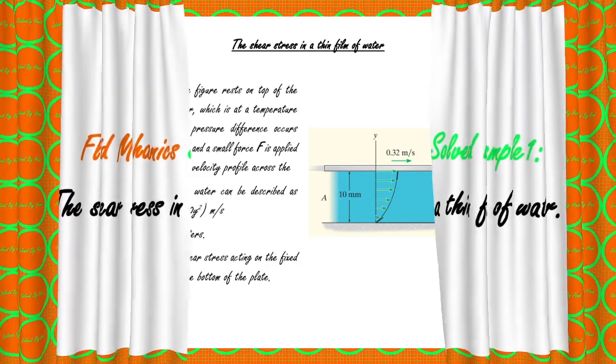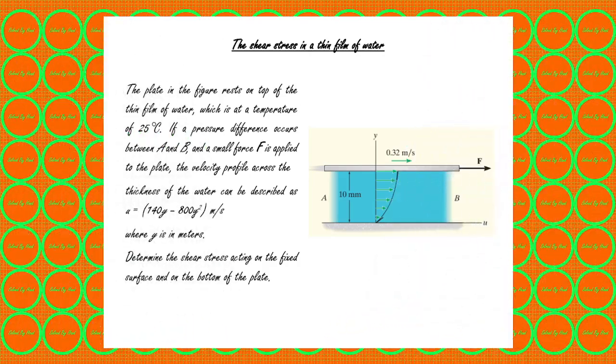So this is the problem that we will solve today. This is the figure of the problem, and this is the statement of the problem. The shear stress in a thin film of water. Let's read this together. The plate in the figure rests on the top of the film of water, which is at a temperature of 25 degrees Celsius. If a pressure difference occurs between A and B, so here we have A and here we have B,